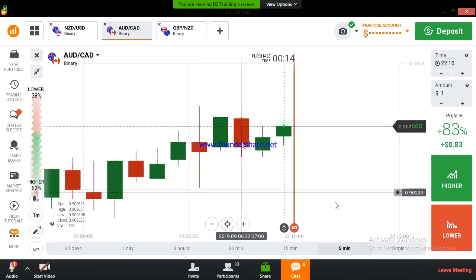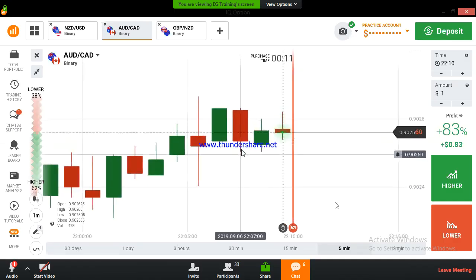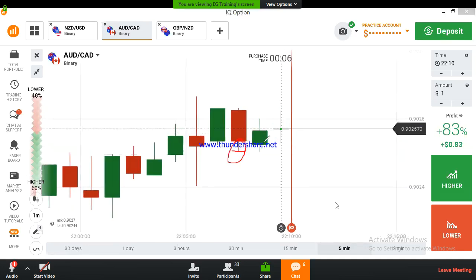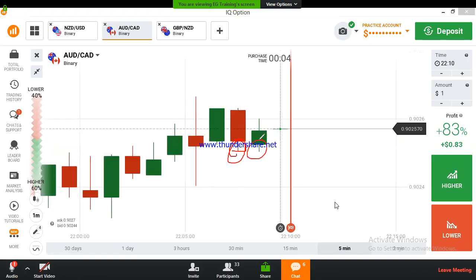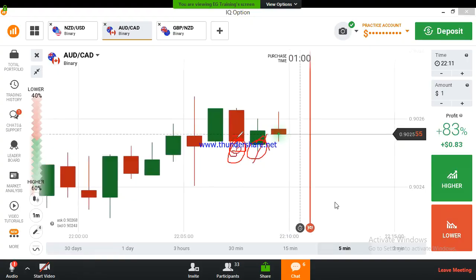If you get a confirmation in the previous candle like this, there is a rejection. The rejection is showing us the buyers' entry in the market. It's enough. We don't need to take a confirmation on the next candle also. You don't need to take it every time, if you get a confirmation in the previous candle.